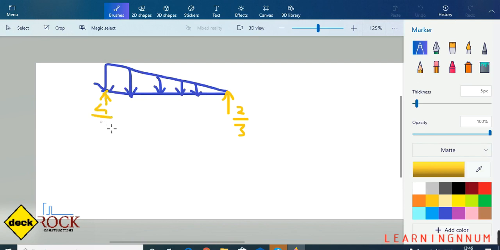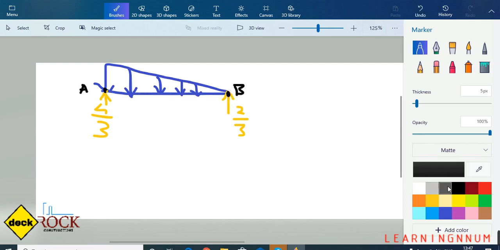Remember, in FBD, whatever loadings you have, these yellow ones are actually reactions, but in FBD every load would be external load only. Why? Because we have removed the supports. So in FBD, every loading would be similar to the external loadings. So this is point A and this is point B. Now, how many points do you have? 2 points, A and B.